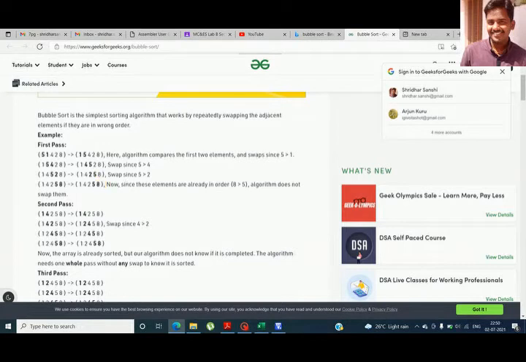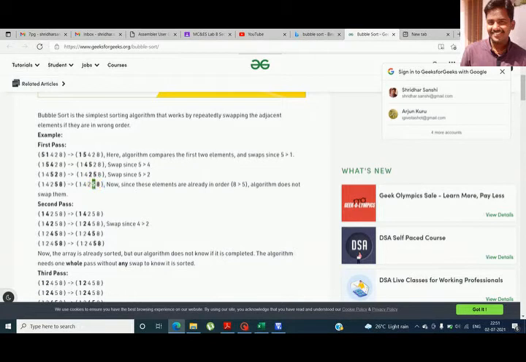You can see here in this array the largest element is 8. So for the first comparison the value 8 will be placed at the last position, that is its final position in the sorted array. In the next comparison, the next largest element will be placed at the last but one position.